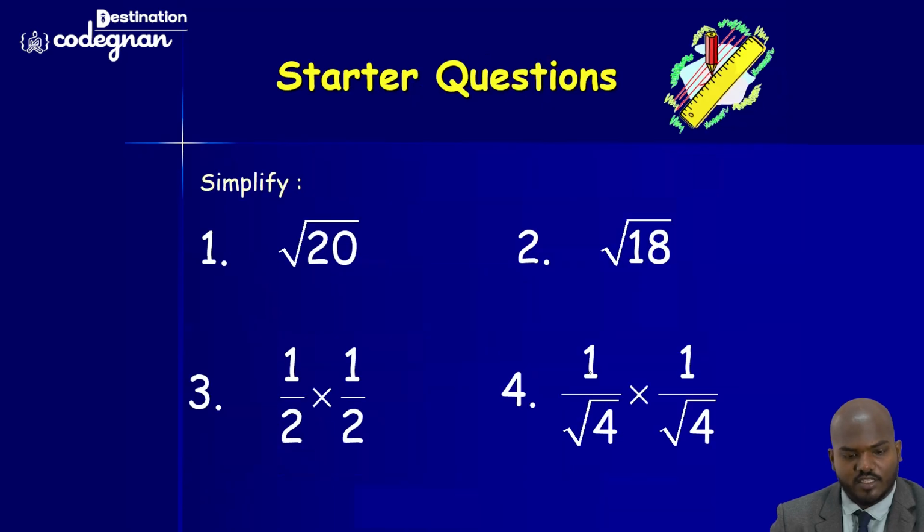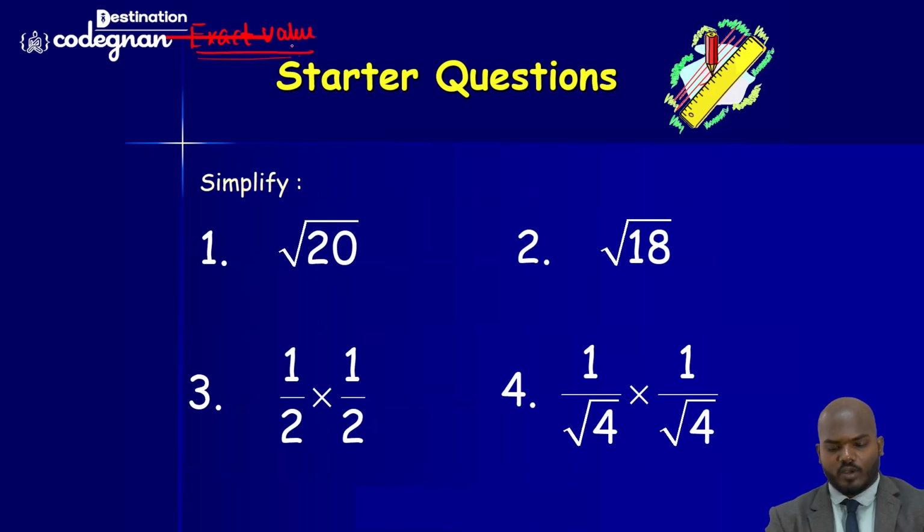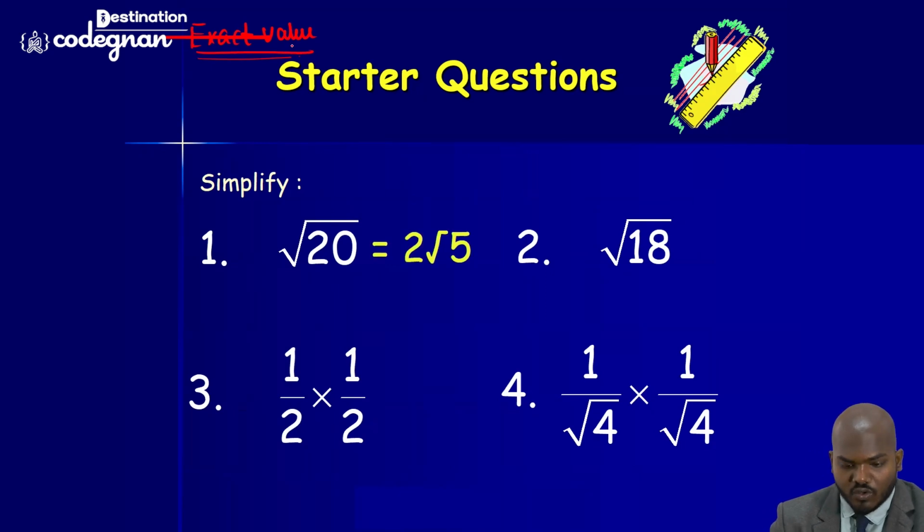Okay, so going to the next one, it is called exact value. So this is different. So we have the topic called exact values. Okay, so this is a different one. So going to the different one, guys. Root 20 means we can call it 2 root 5. Root 18, we can call it how? That is 3 root 2. And the next one, this one we can call it 1 by 4.